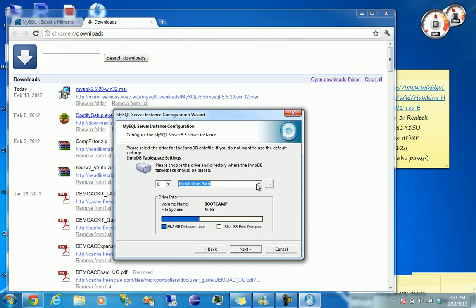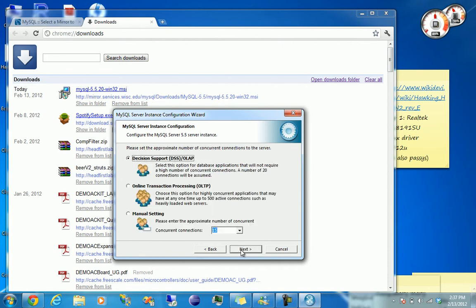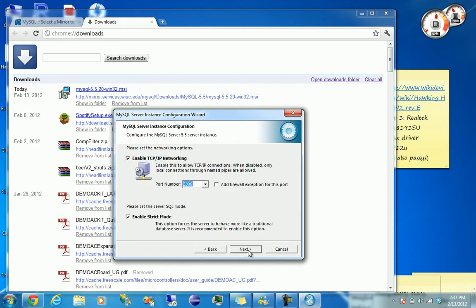I'm going to do MySQL data files. Actually, I'll add an underscore in there. Okay, and then I guess y'all are doing concurrency, from what Dr. Shankar tells me. So we're going to select online transaction processing for like high volume users, so many people can go at once. Leave all this default,